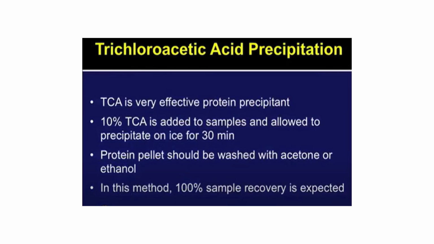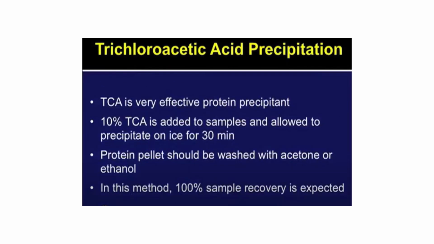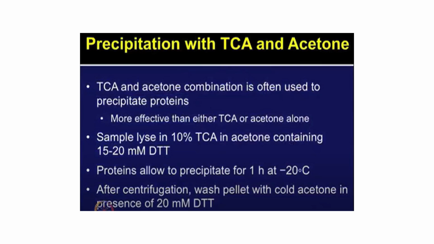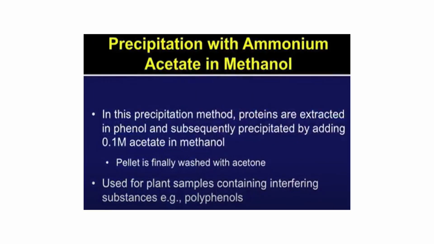In order to precipitate, there are different precipitating agents available. One is ammonium sulfate, one is acetone, one is trichloroacetic acid. There is a mixture also, like TCA and acetone together. The combination is also used. So there are different ways by which you can precipitate the protein and make it concentrated,